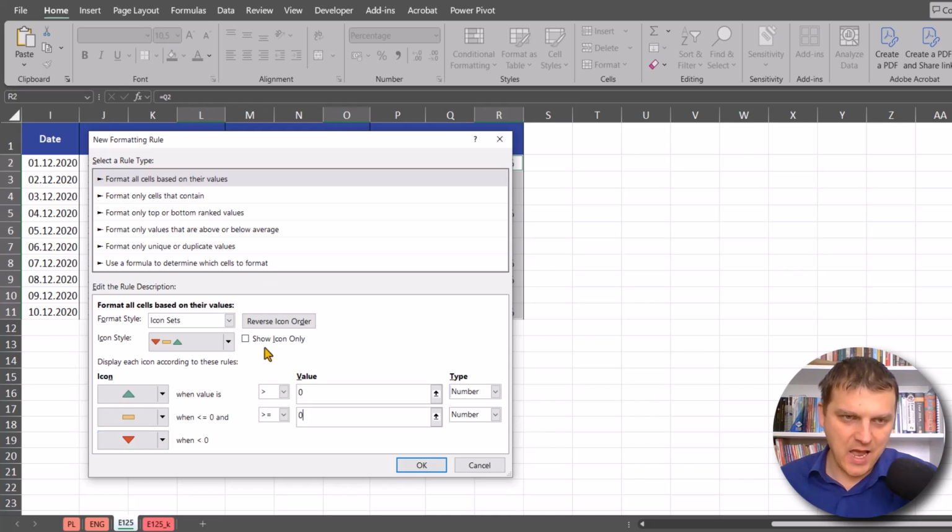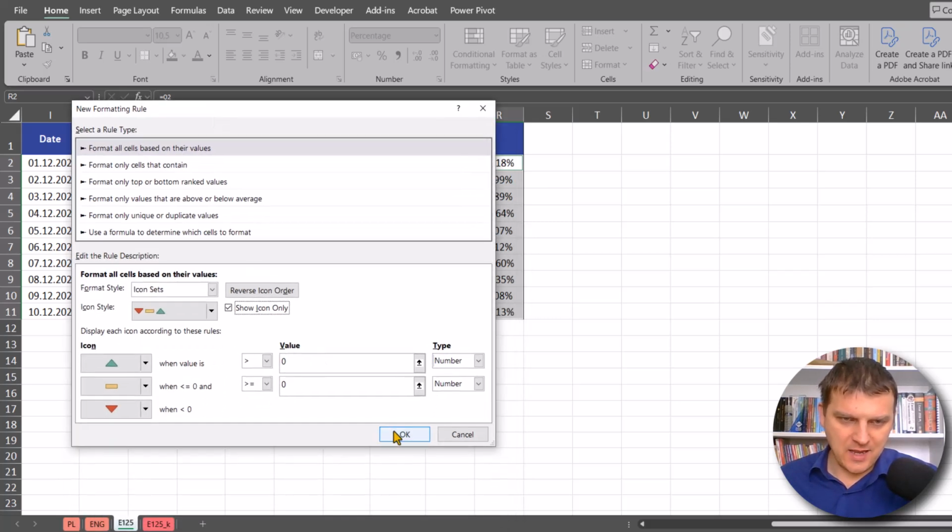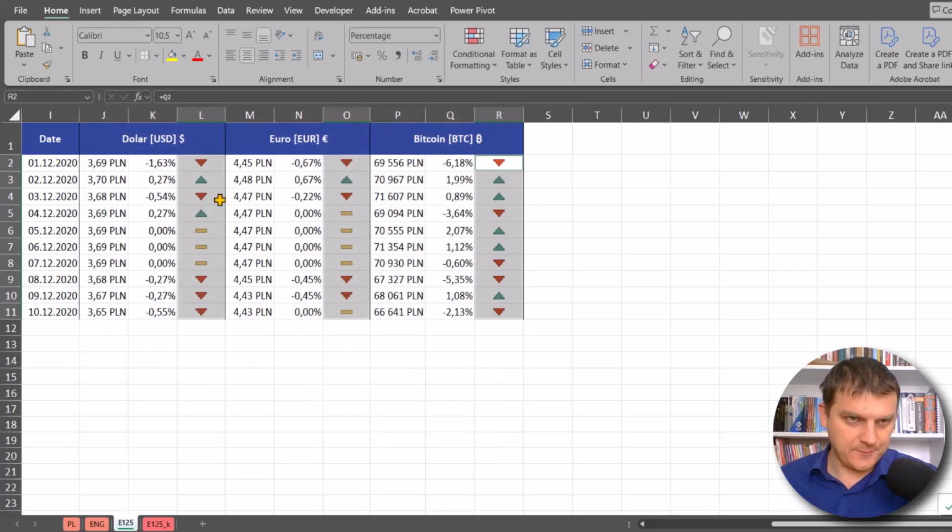And I have to also check one more thing here, this checkbox, because I just want to show icons, not values, and I can press OK here, and I have just icons